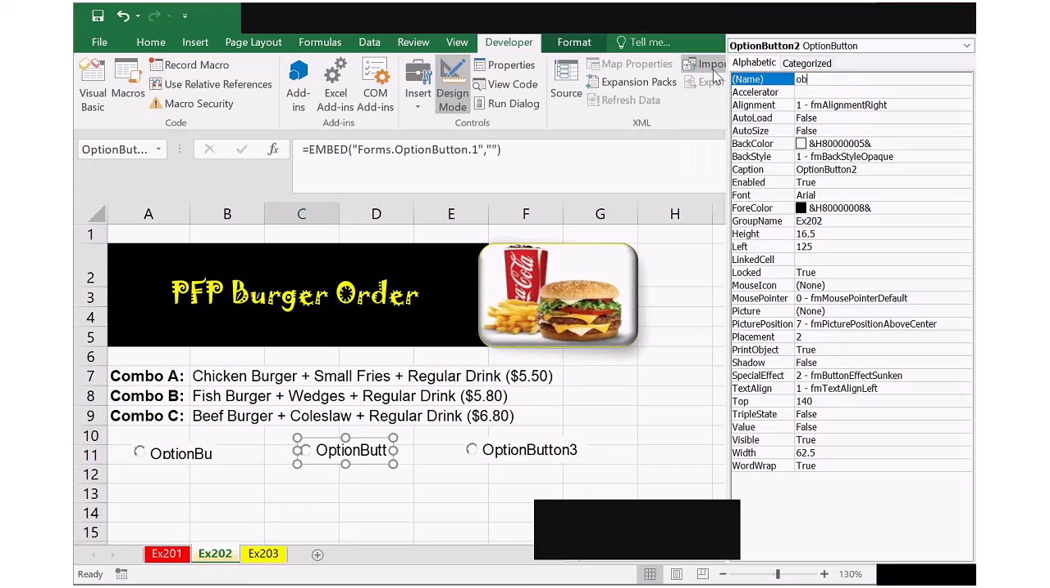Who's that? OBB, because it's option button B. And finally, the third one, OBC, option button C. Okay, the caption will be called, I forgot to change the caption. The caption for option button A will be called